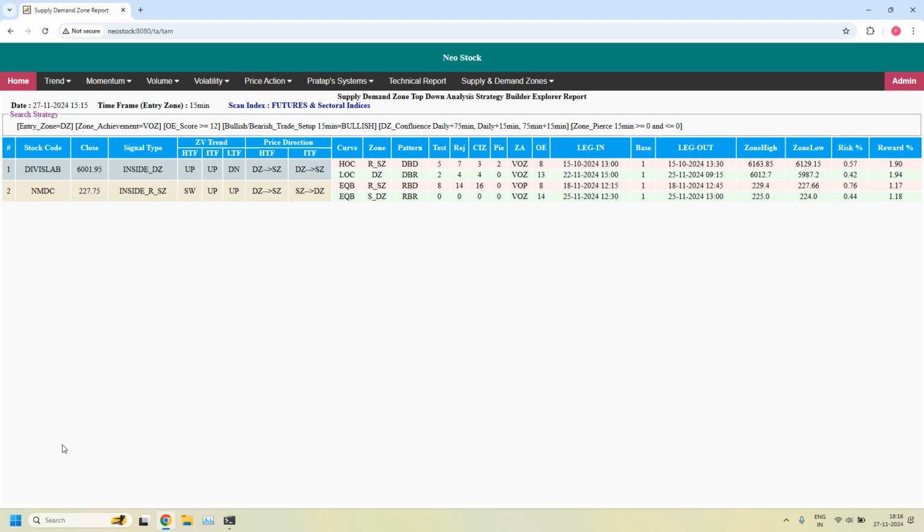In both these 2 stocks, these 15 minutes demand zones are part of the 75 minutes demand zone, both together again part of the daily demand zone. Daily means HTF. In HTF, if any of these stocks are having a sideways trend, but the first one is having a daily EMA confluence, the daily demand zone with daily, it could be an even higher probability setup